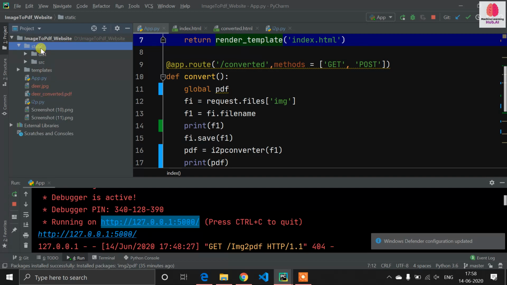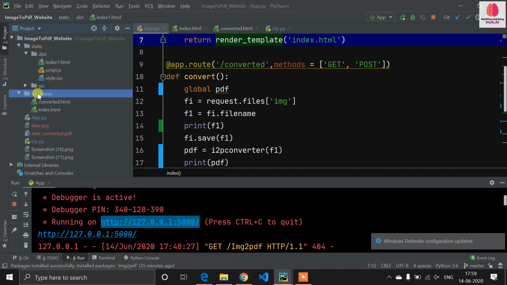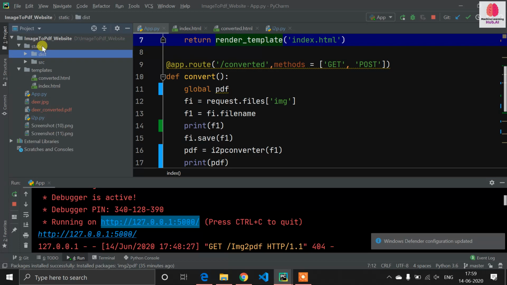In static, you have to put your JavaScript files and CSS files related to your designing. You can see there are script.js and style sheet. I mistakenly put the HTML file here, but the HTML file should be available in the templates folder. In static, you just put the files related to the designing, or the images and icons related to your website. You need to understand this first.